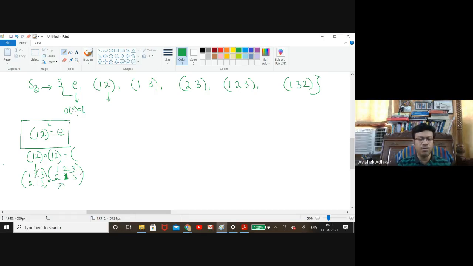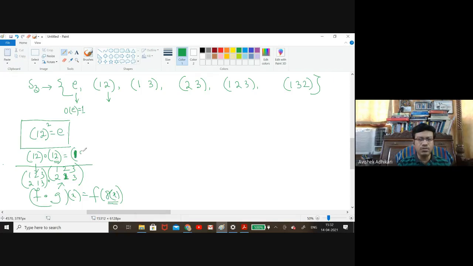In my last class, I already mentioned how to make the product of these two. So today we will learn how to make a product with respect to this cyclic notation. Start with this side, because initially we said f composition g of x means f of g of x. That means you first evaluate x using g and then apply f. So I need to start from here. Here 1 goes to 2, and then 2 goes to 1. That means 1 goes to 1. If something goes to the same place, we do not write it down, so I just cut it.